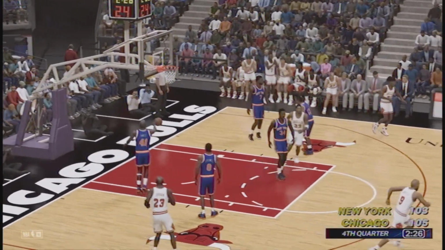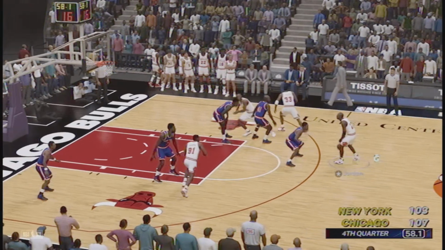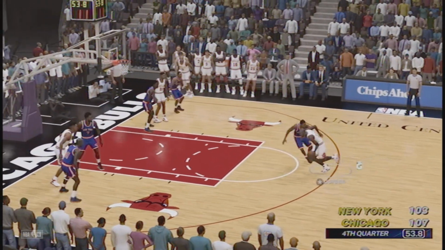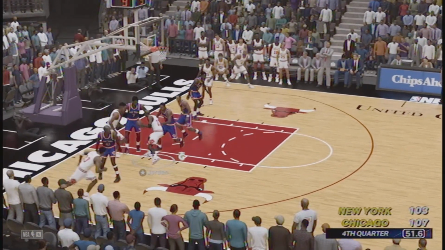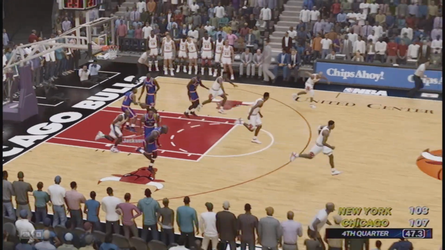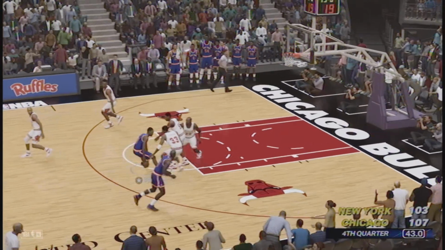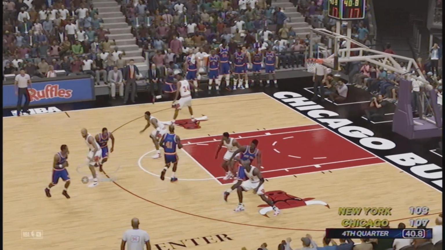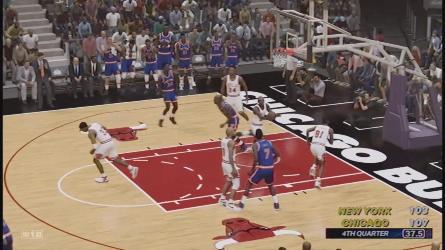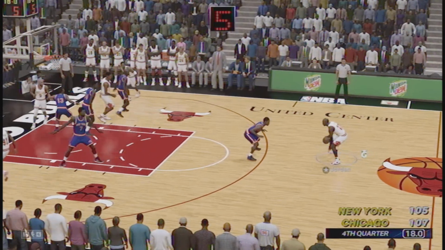And we got a jump shot by Dennis Rodman, bringing the Bulls up to a 4-point lead. Michael Jordan now top of the key, 53 seconds left to go. Jordan can't make that shot over all those Knicks defenders. And now the Knicks look to cut the deficit, make this a one-possession game. Here is Glenn Rice with the layup there. 107-105, 20 seconds left to go in the game.